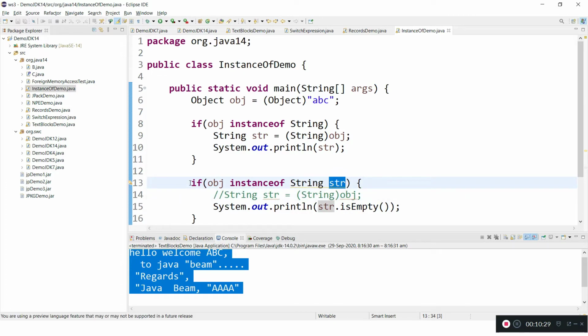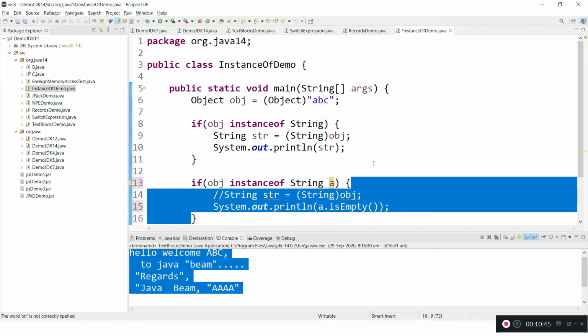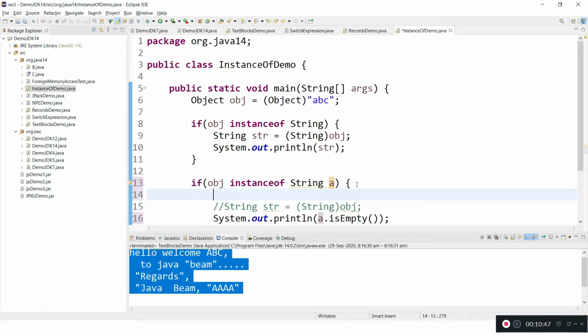Let's say I am giving reference a, the object will be stored in a as the typecasted one. That object I can directly use inside the block. So the scope of this reference is inside this block.